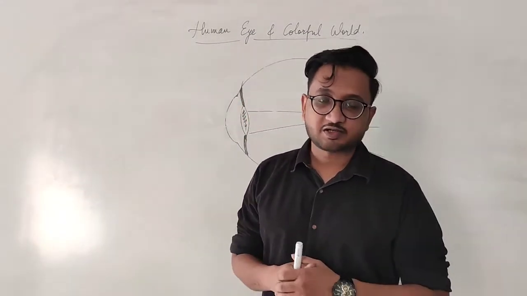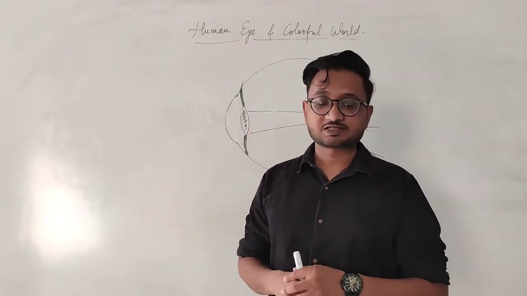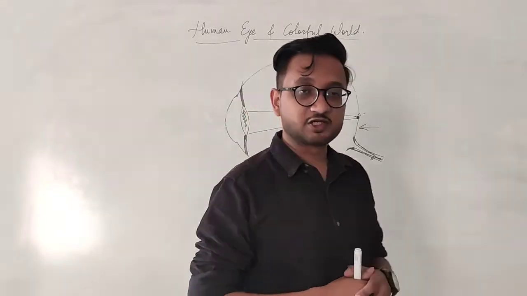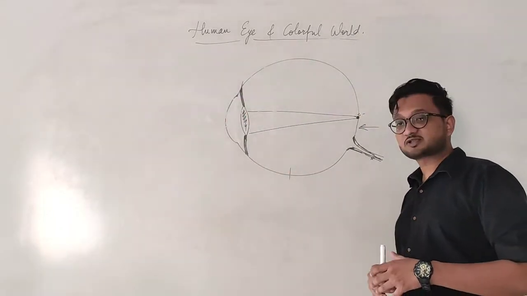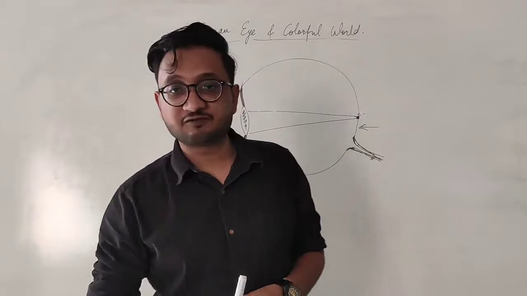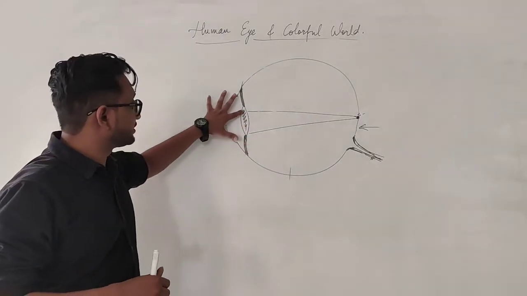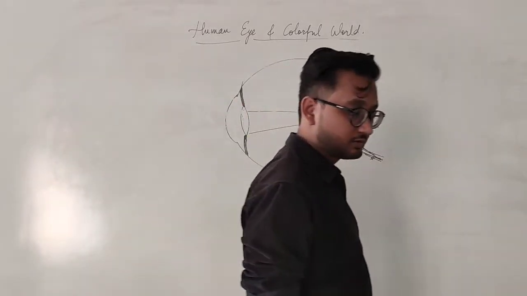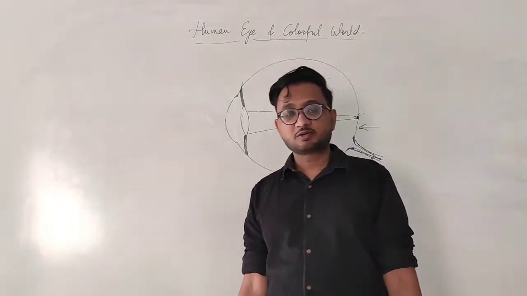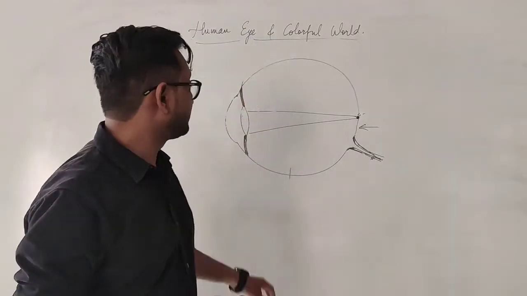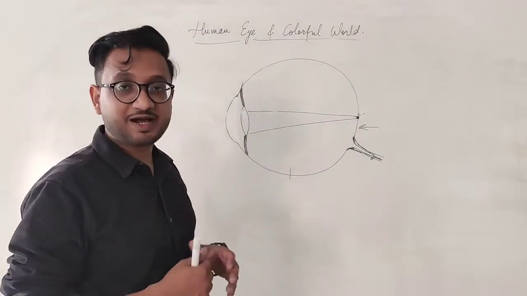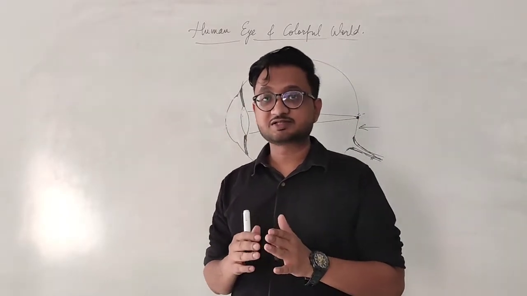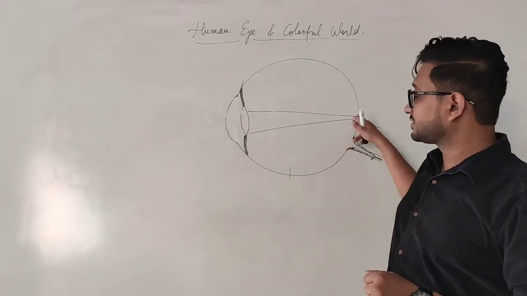Hello, good morning students, and welcome back once again to another video for the class 10 Human Eye and Colorful World. So in the previous video we studied the working of the human eye, we saw the different parts of the human eye, and we also saw one of the defects, that is the cataract, when the eye lens, which is transparent, becomes milky. We also saw the capability of our human eye lens to change its shape, either make it thin or thick, in such a way that it can focus the light on the retina.